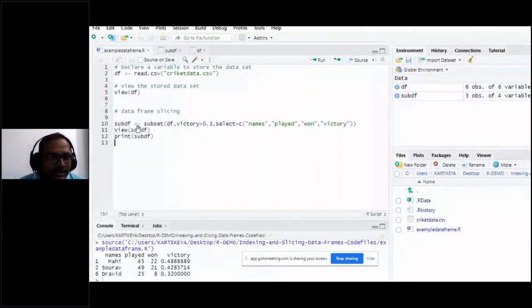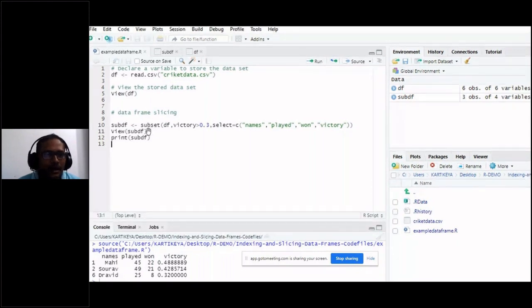It is assigned to subset of, this is the syntax, subset of df. Df is the data frame which we want to process. Please give that comma. So I am giving a logical condition here. What is that logical condition? I want all the data where the victory value is greater than 0.3.